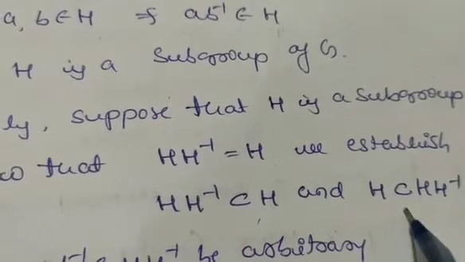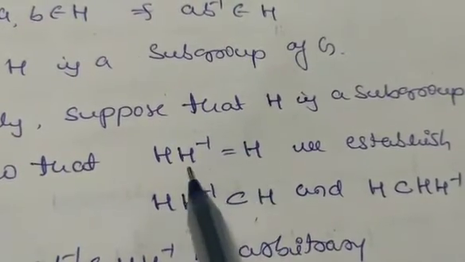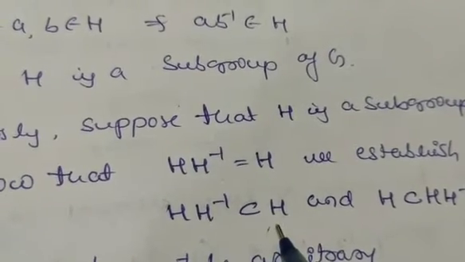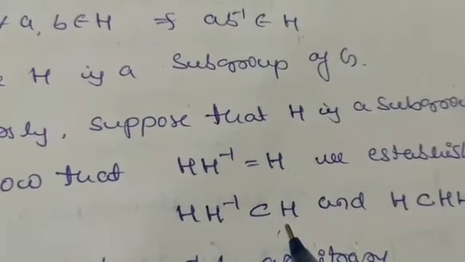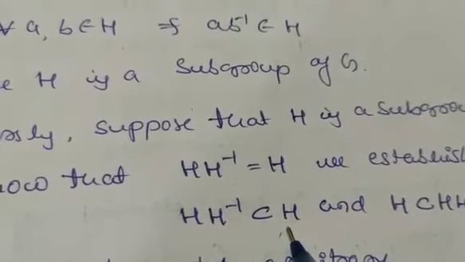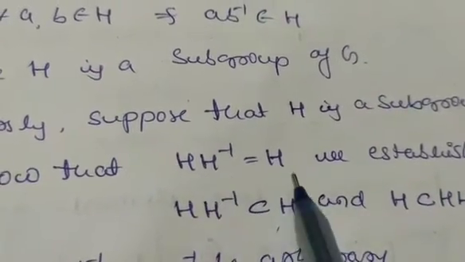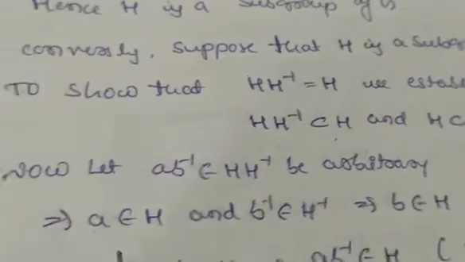If two sets are equal, we cannot prove that they are equal without taking this condition. To show that A is equal to B, if two sets are equal, you have to prove that one set is contained in the other set and vice versa. Since this is a set, we have to prove it like this only.